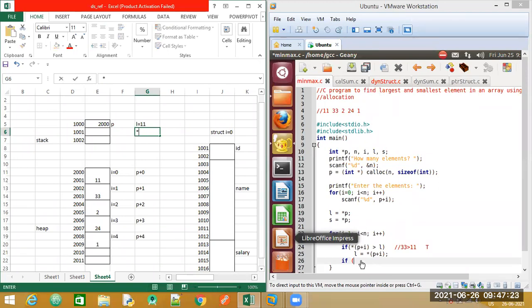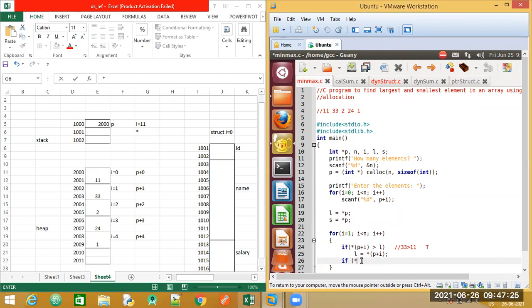The same, we need to fetch the content here. So again, asterisk of P plus I is less than our variable S, which is the smallest number.